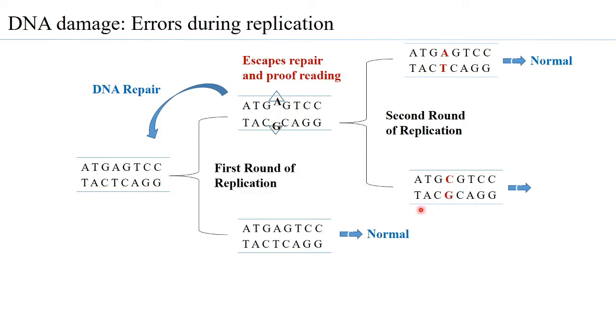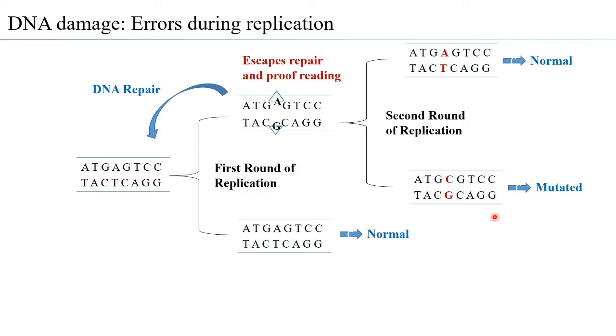And so when this template is being used to synthesize the daughter DNA, what will be added by the DNA pol is of course the complementary to G. But the end result of this is that instead of having an AT base pair, one gets what is called a GC base pair. And so this becomes what is called a point mutation, one base pair having been altered. And any cell that has this altered nucleotide base pair is considered to be a mutated